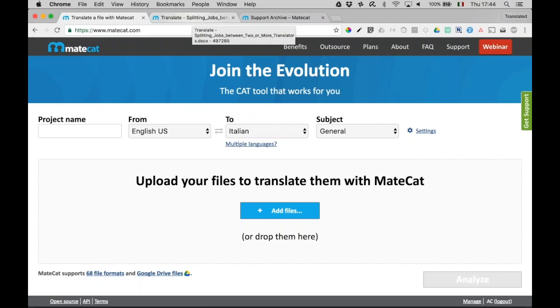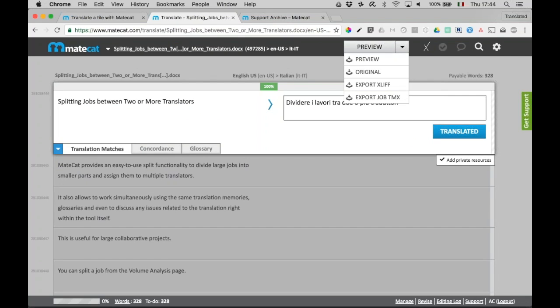Okay, so MateCat uses two main QA components. If we look at the standard translation job, you can see these two icons here. The first one that says, well done, no errors found, that's the standard QA in MateCat and supports every language, but actually checks only for tag inconsistencies, white spaces, double spaces, that kind of stuff.